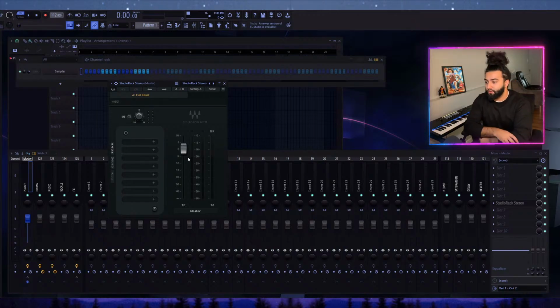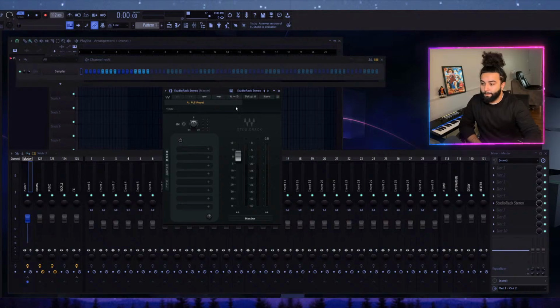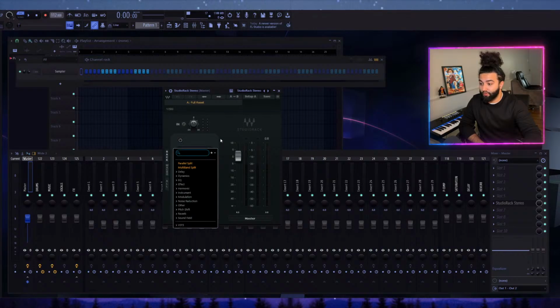So why I use Studio Rack is because this is just like one of the best plugins of all time. It works similar to what Patcher does in FL, but it just works cleaner for me. You can get more detailed in Patcher for sure, but with this, it just allows me to do what I need to do quick. Obviously I can load plugins in here. You can load your third-party plugins, get everything that you have, load it in here real quick, gives you extra inserts. If you run out of inserts here, you never should, because if you're doing that much processing on a sound, pick a different sound unless you're sound designing. But yeah, I can add all of my plugins directly through here. But not only that,